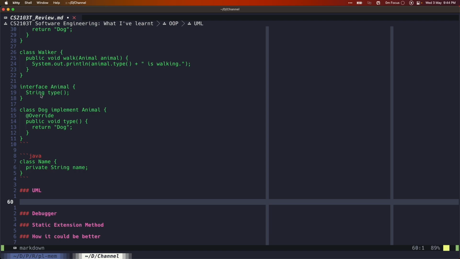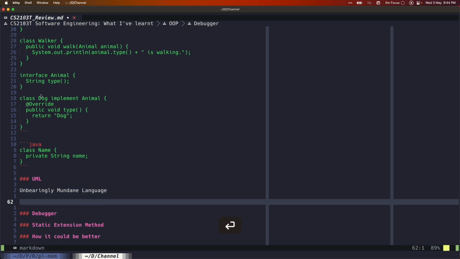When I was joking to my friends, I call this unbearably boring, mundane, because it doesn't really solve any problem. When I started thinking about UML, I thought there are two potential use cases. The first use case is in design, when you try to design a software, you use a UML class diagram to draw class A inheriting from class B, which is bad. You don't need that.